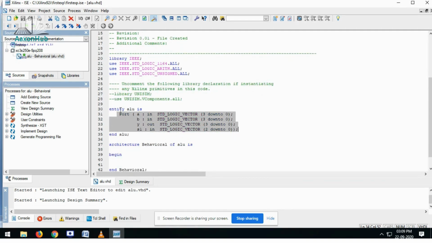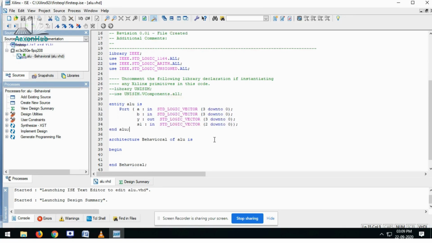By default, it will create an entity for the port selection you have done through your new source. Done. So here is your ALU entity with four different signals. Three of them are input category, and Y is your output signal.